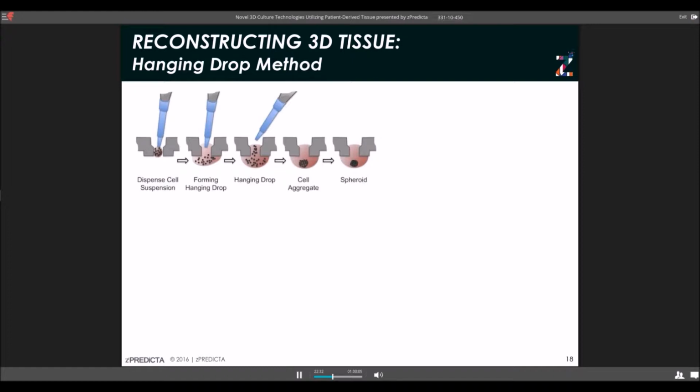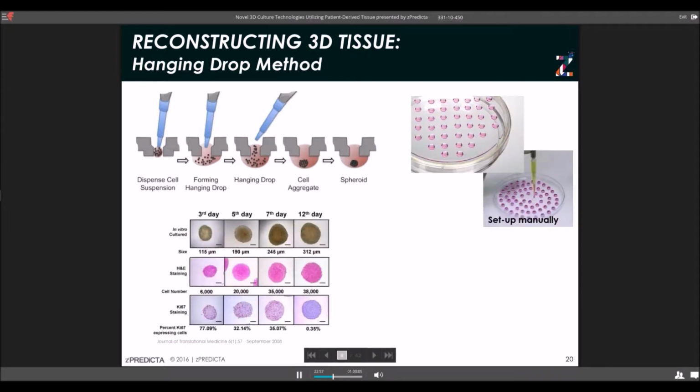And then these spheroids proliferate over a period of time, and the proliferation really goes for about 7 days, as shown by the Ki-67 staining here, at which point the spheroids achieve their optimum size and the proliferation stops. So now this forms a real three-dimensional structure in a liquid droplet. To set this up, you can either do it manually